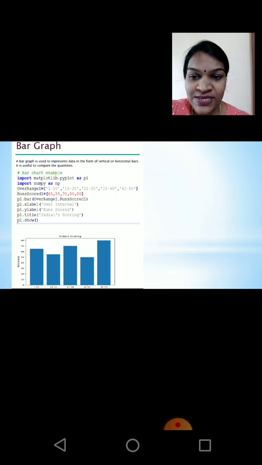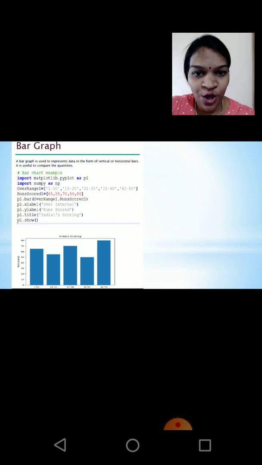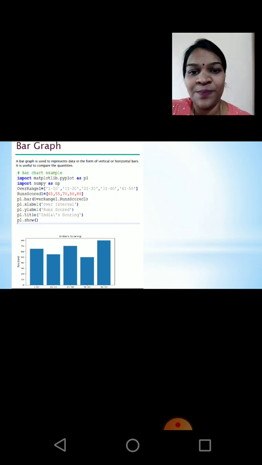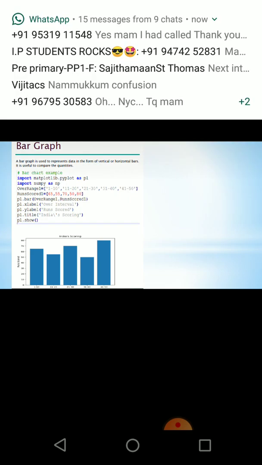You have the bar graphs here. The same thing, import matplotlib. The only thing that is changed is the name of the function. What's the name of the function? plt.bar. Instead of plt.plot, we have used the bar function. Within the bar function, you have to specify the x value and y value, and use the function plt.bar. Here plt is the alias name given, so plt.bar.